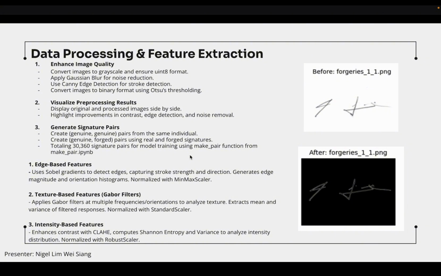Generating signature pairs. We use the make_pair script to generate over 30,000 signature pairs, which are both genuine pairs and genuine-forged pairs, to provide a comprehensive dataset in order to train our model. For our edge-based features, we use Sobel gradients to detect edges, capturing the stroke strength and direction. Then onto our texture-based features, we apply Gabor filters at multiple frequencies and orientations to analyze texture. And lastly, with intensity-based features, we enhance the intensity contrast with CLAHE, computing the Shannon entropy and variance to analyze